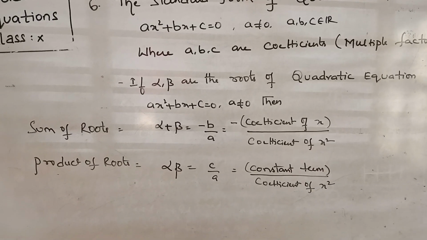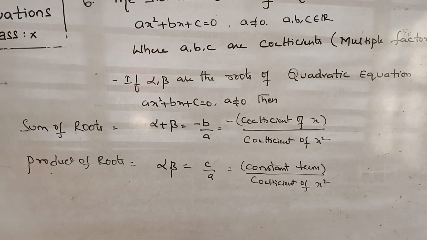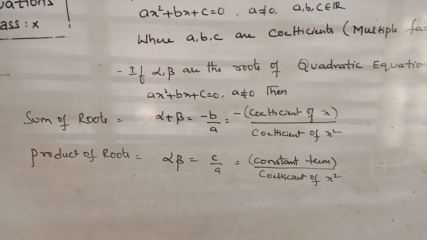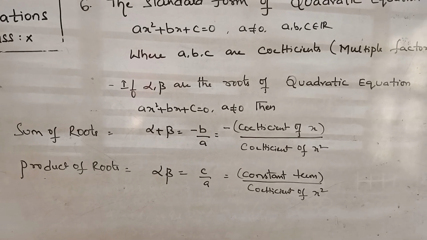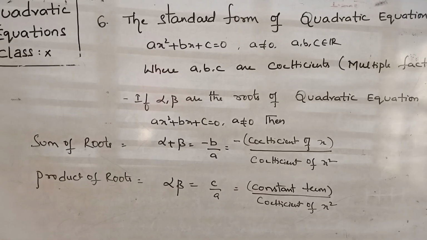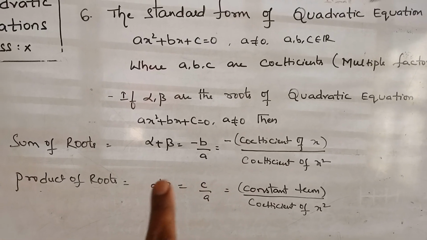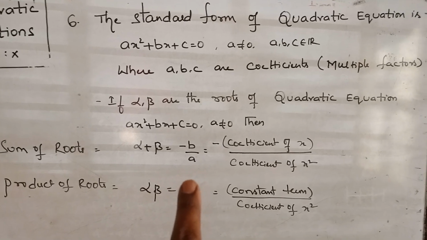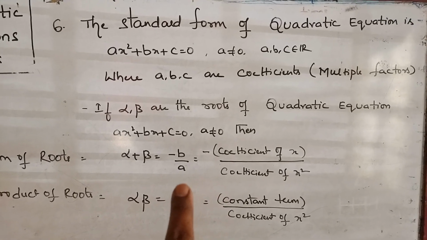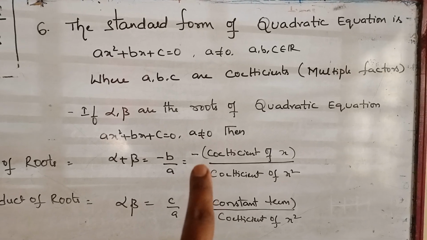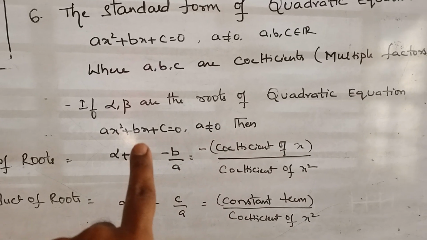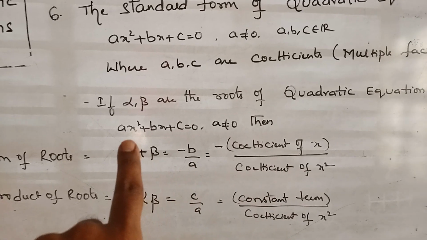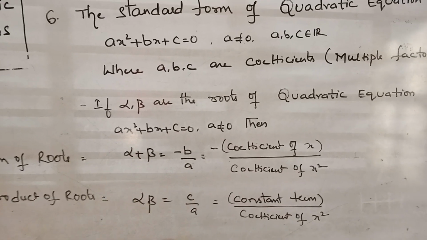If alpha, beta are the roots of the quadratic equation, that is ax square plus bx plus c equal to 0, then how can we find the roots of that? Sum of the roots is taken as alpha plus beta, that is minus b by a. That is, how can we simplify this one? That is minus of the coefficient of x, that is the b value, by the coefficient of x square, that is the a value, is nothing